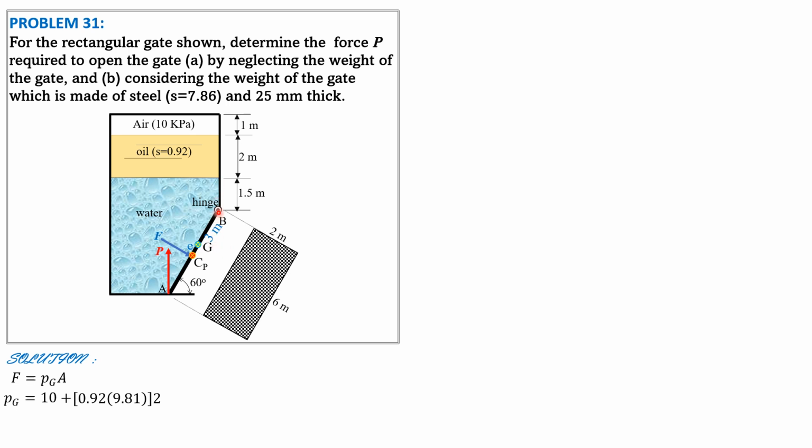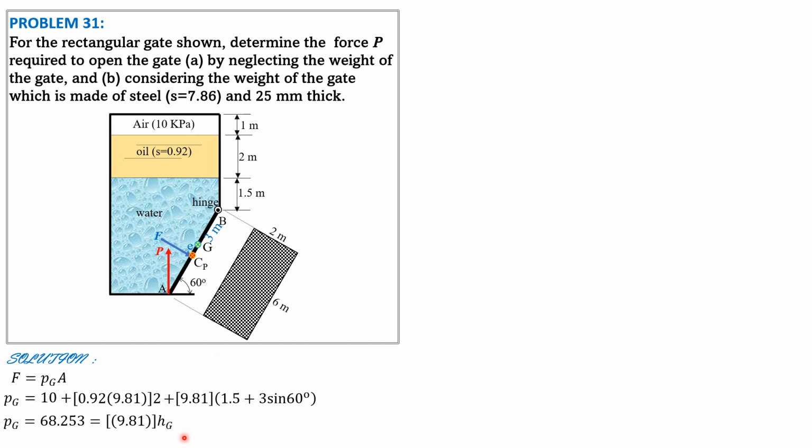So plus 9.81 times quantity 1.5 plus 3 sine of 60 degrees. So computing for pressure at G, it is equal to 68.253 kilopascals, and it is equated to specific weight of water times Hg,